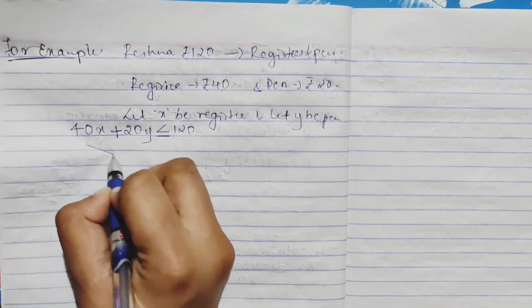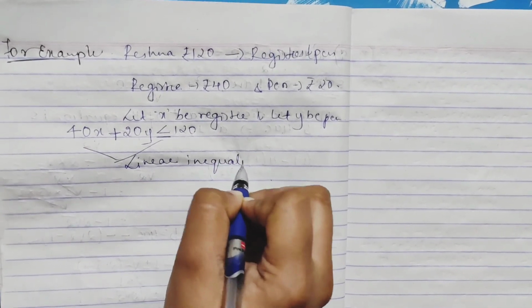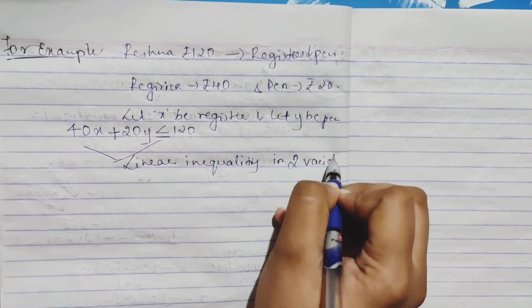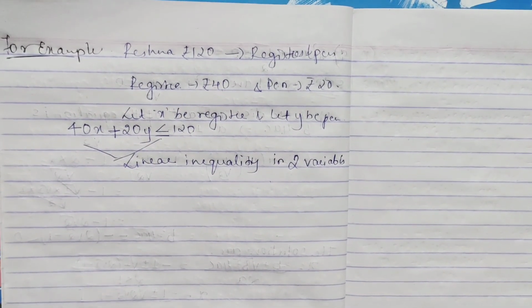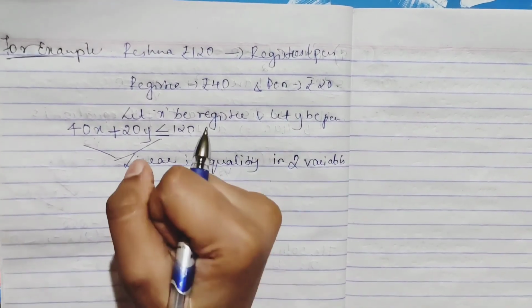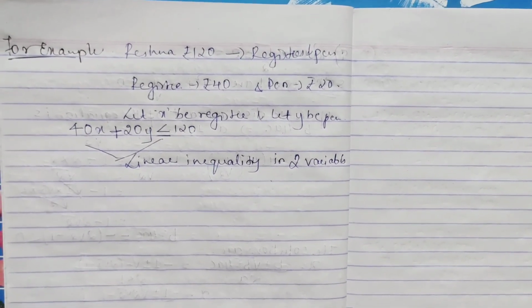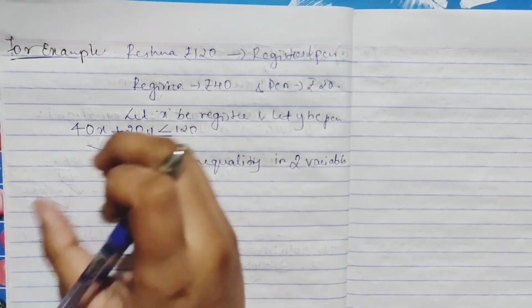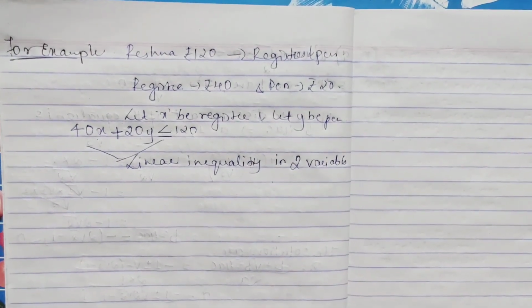And here, it is a linear inequality in two variables, x and y. Two things are there, x and y. So this is what we have studied. Now we have to study its solution also, the algebraic solution of linear inequalities, and we will see it. I hope you understood what I taught you theoretically. This practical example I have shown you. Pause the video to note it down.